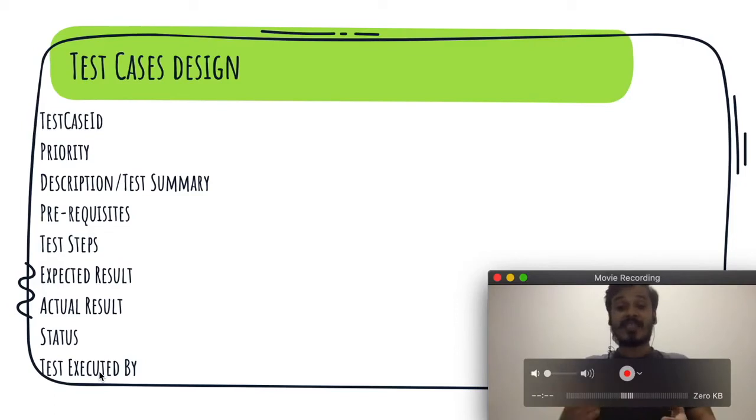Description: in the description section we describe what the test case will be like. Say for example, if I want to test Facebook login, then my test case description will be: verify the behavior of Facebook with email login, or anything which is very simple and easy for anyone to understand. We are going to write something like that.